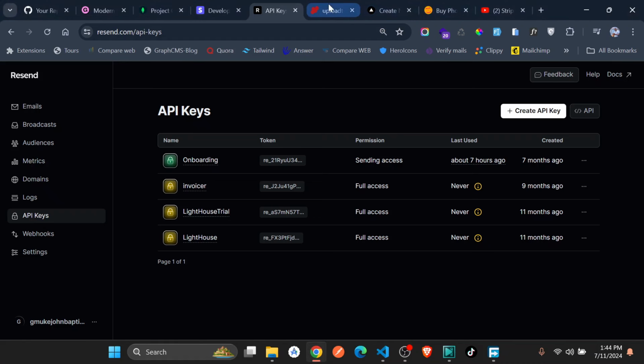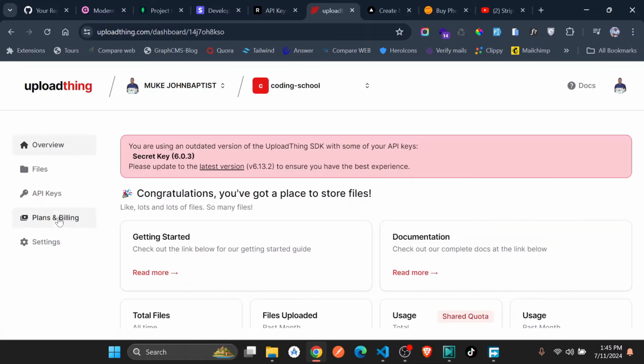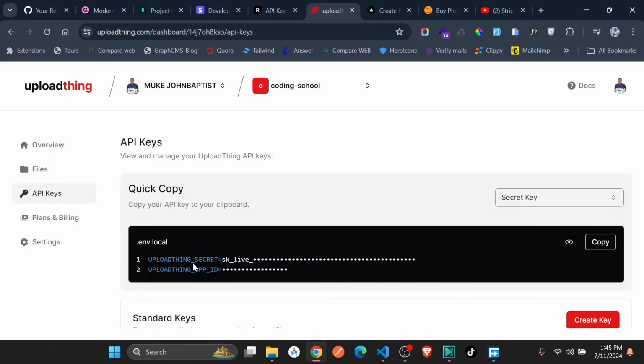For the API keys, just simply go to UploadThing. Also create an account if you don't have it. Here you can use an existing project or you can create a new app. They are all the same. After creating a new app, it will be looking like this. Okay. And if you just copy here, you can just go ahead and go to API keys, and they have